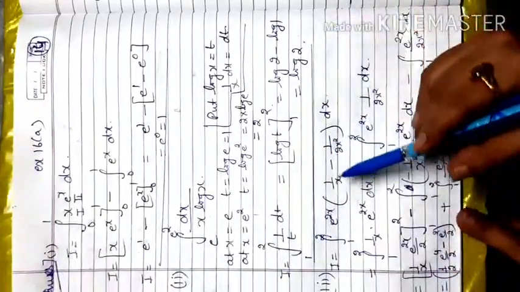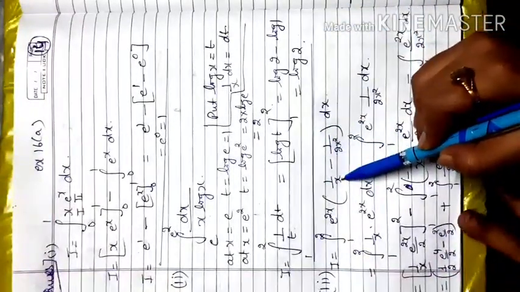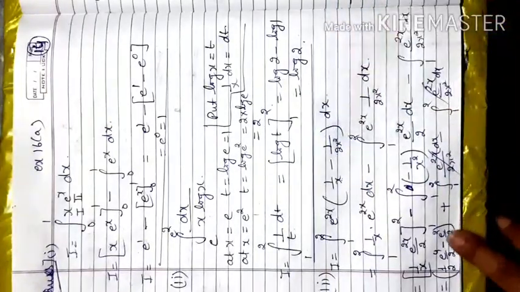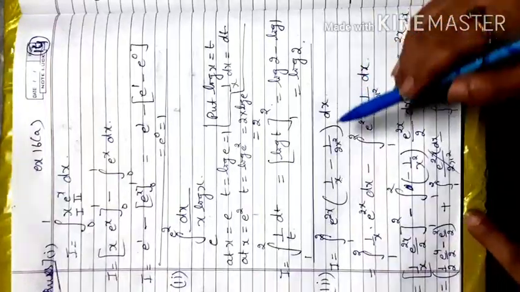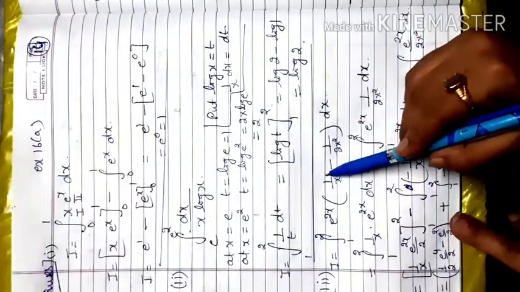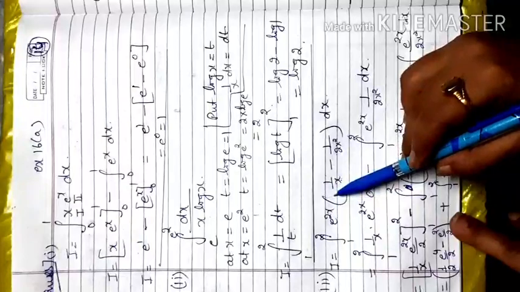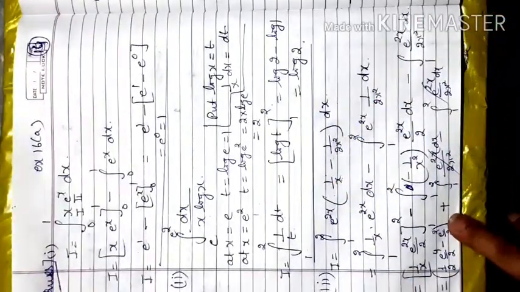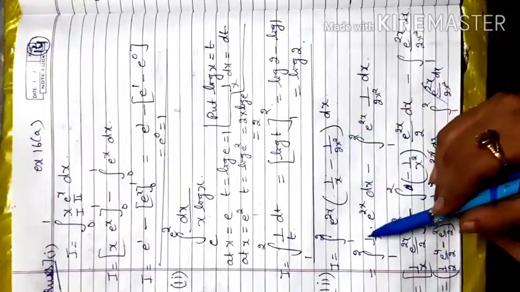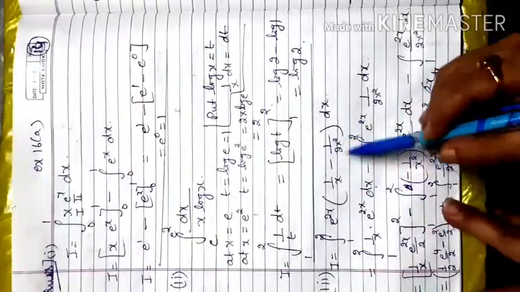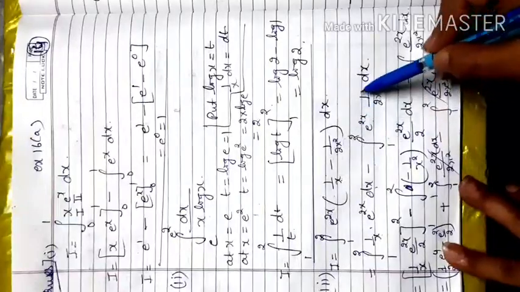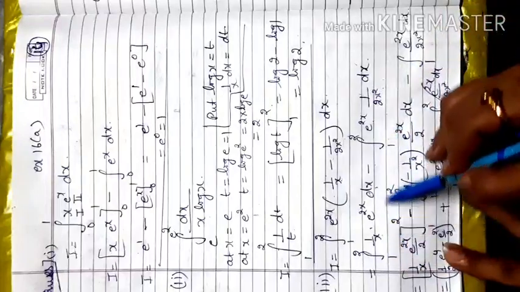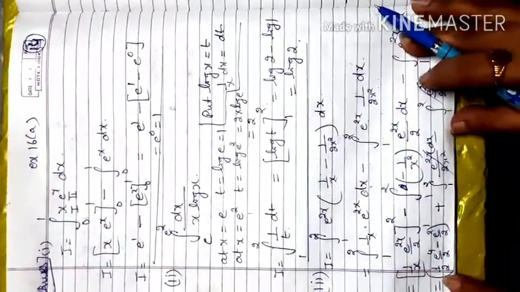If you look at this, the differentiation of 1 by x is exactly minus 1 by x square. So it is better to go with x to the power minus 1, and shifting the minus 1 here, we get minus 1 by x square. First we will separate this: integral of 1 by x e raised to power 2x dx, and minus integral of e raised to 2x times 1 by x square dx. Don't try to solve the second one, just keep it as it is, only solve the first part by integration by parts.